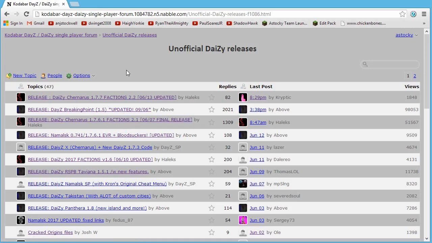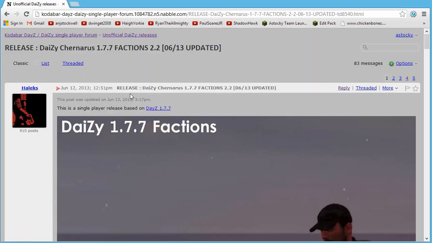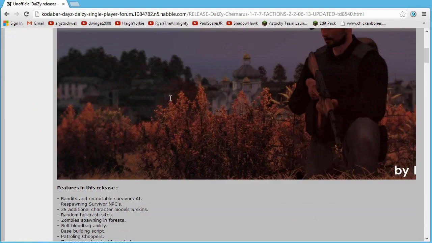Now depending on which version you want to play, you've got Factions 2.1, Breaking Point 1.5, Factions 2.2. Clearly the versions closer to the top are newer, but basically any of the top four are for, I guess, the latest stable or the very latest version of DayZ at the moment, which is the 13th of June 2013. So it just really depends on what you want. But I'm going to pick the most recent version because that's probably the version that people are going to be interested in. So you basically click on that, and now it gives you a bit of a picture,